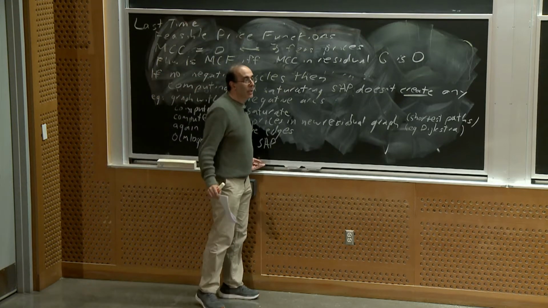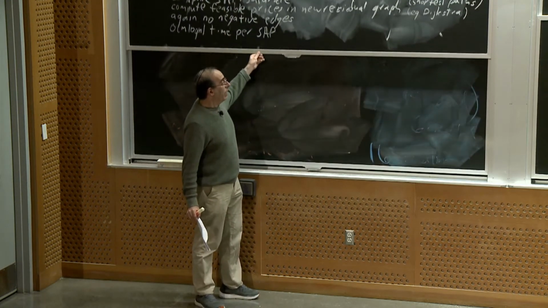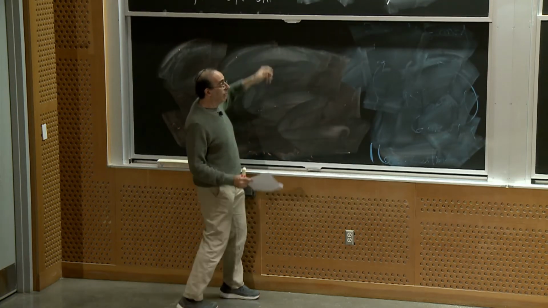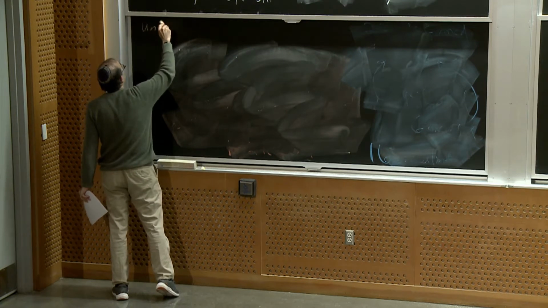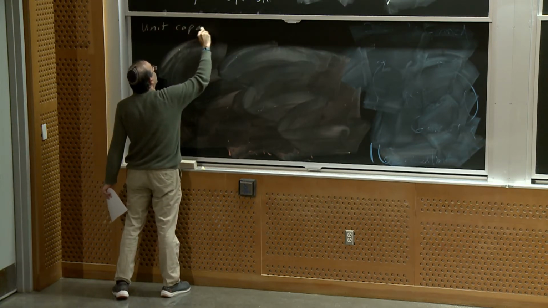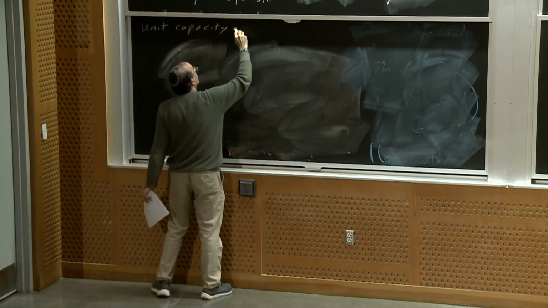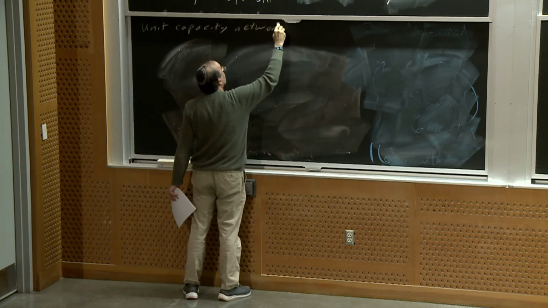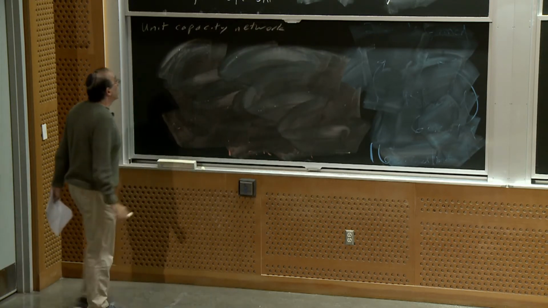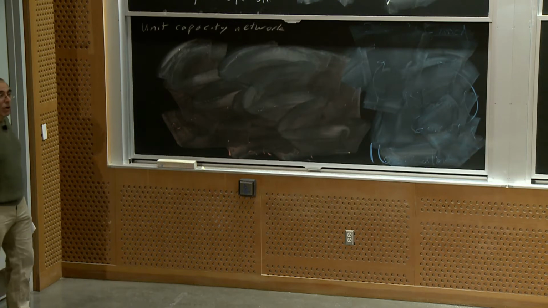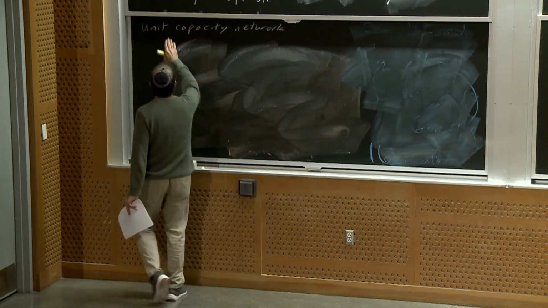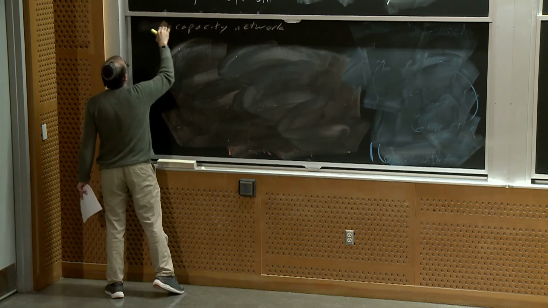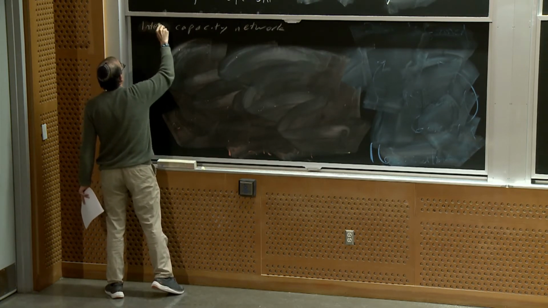Right? And so this gives us a polynomial time min-cost flow algorithm in the unit capacity case. And this is where we kind of finished up last time. Let's say an integer capacity network. Right? In a graph with integer capacities,